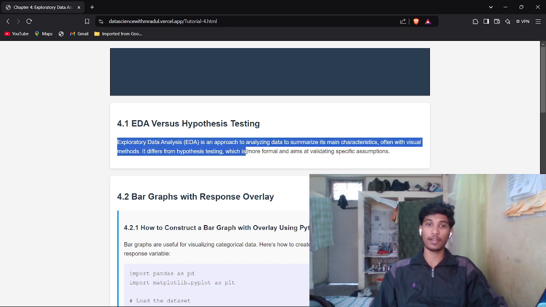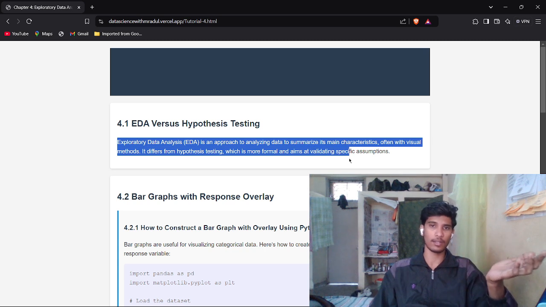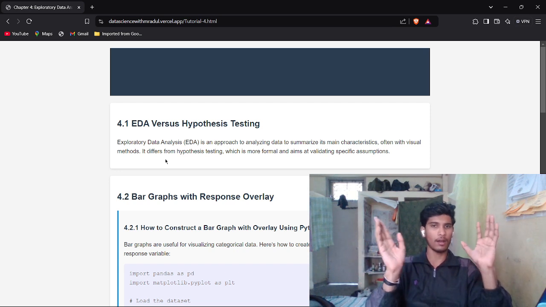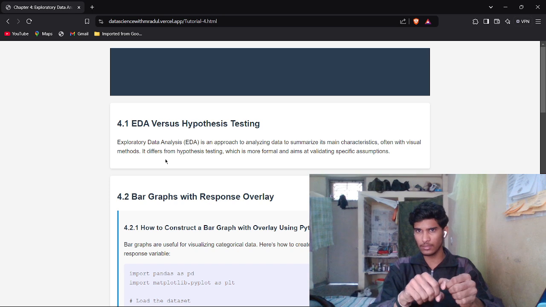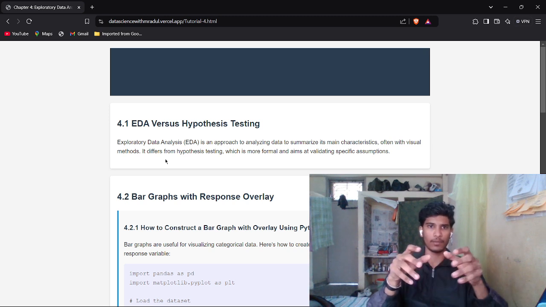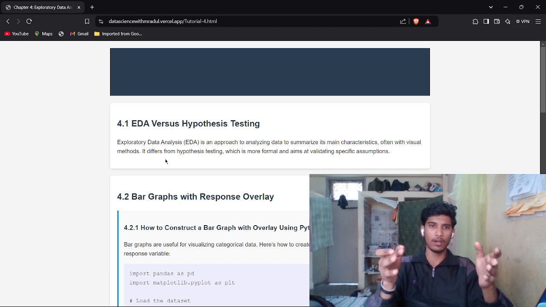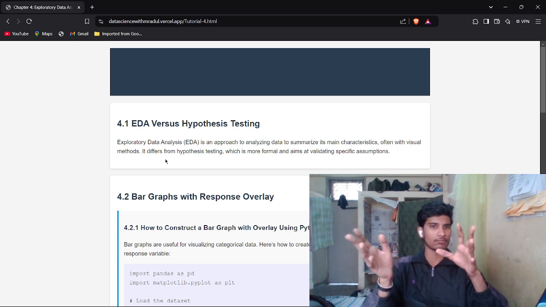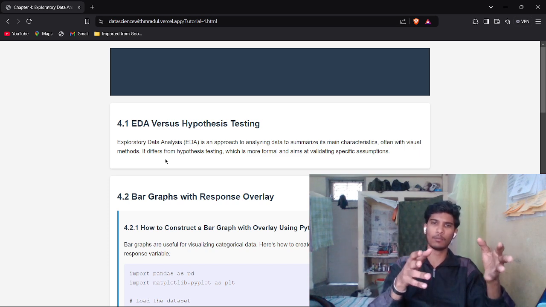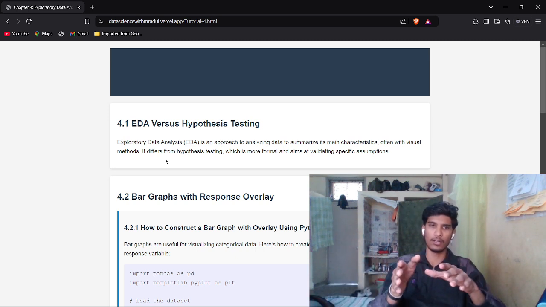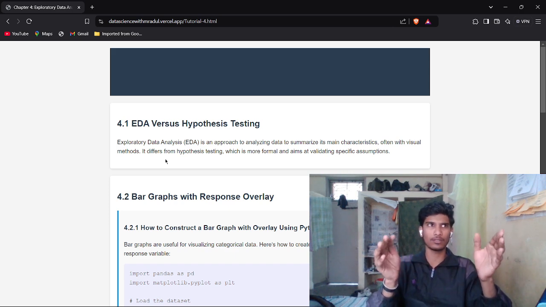So yeah, exploratory data analysis is an approach to analyze data to summarize main characteristics, often using visual methods. In exploratory data analysis, or EDA, our main approach is to summarize the characteristics using various visual methods, using graphs and all. And it differs from hypothesis testing in such a way that hypothesis testing is more formal and aims at validation, whereas exploratory data analysis focuses on